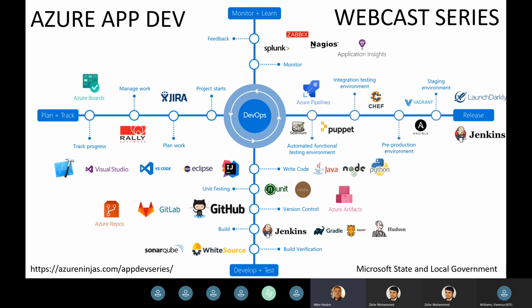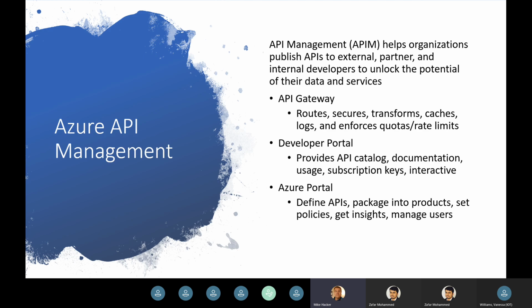So today we're going to be talking about Azure API Management. And really, I wanted to first start off with just a single slide. And this is the only slide that I have from Azure API Management. But I just wanted to cover really quick what exactly is API Management and what is it that we're going